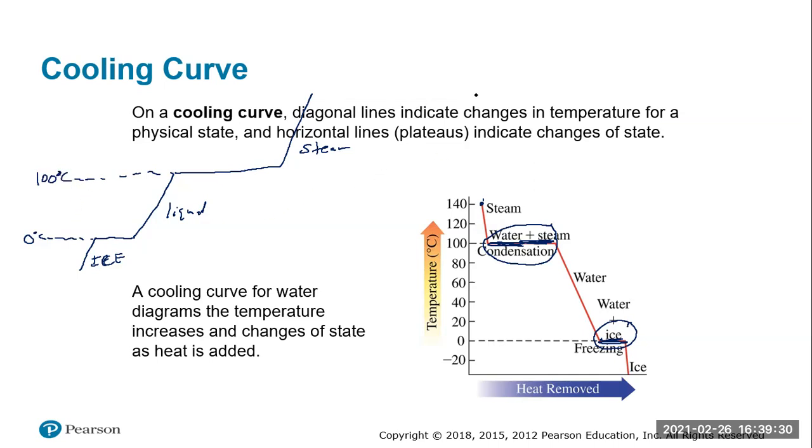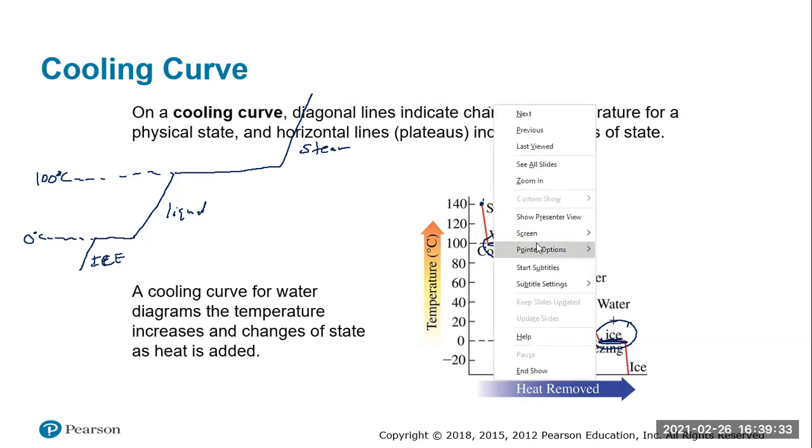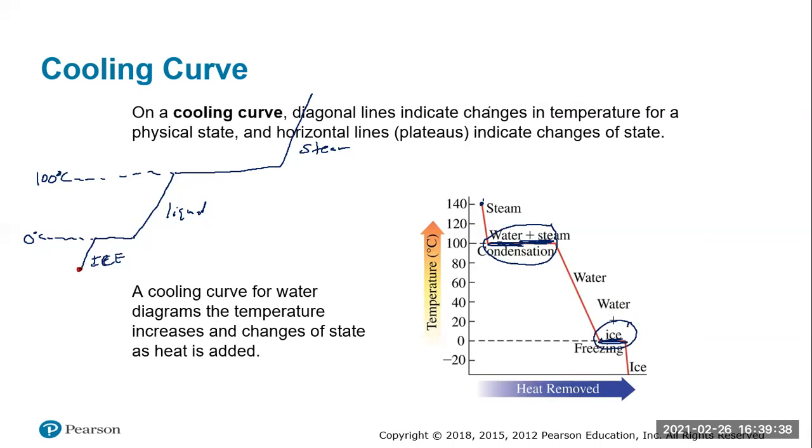Now, when we look at this, there's a couple of things that are happening in terms of energy and heat. The first thing, for example, if we started here at maybe minus 5 degrees Celsius and I want to take the ice all the way up to steam, the first thing I would have to do is heat up that ice from minus 5 degrees Celsius to 0 degrees Celsius. So the first thing I would have to do is take my ice at minus 5 degrees Celsius to ice at 0 degrees Celsius. Now, how would I calculate that?